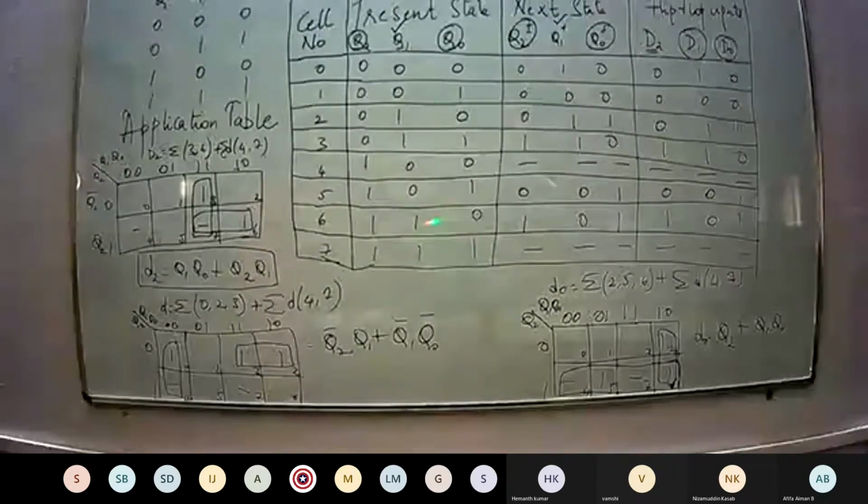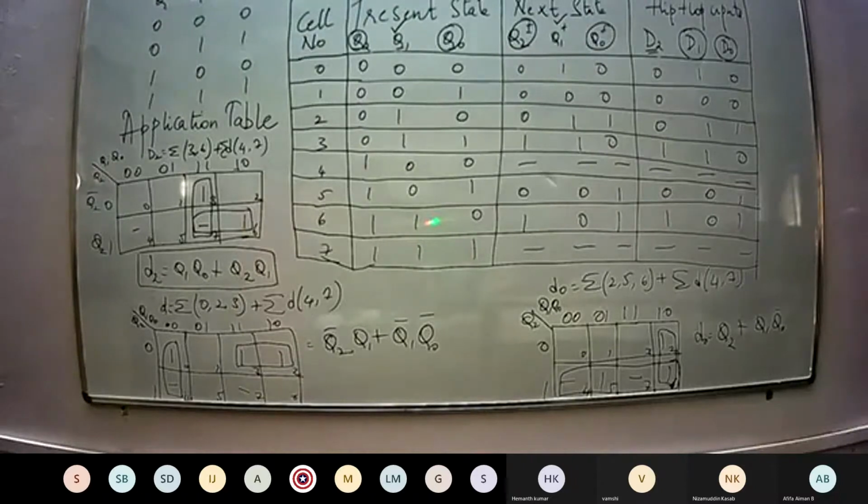Chaitanya Raj Singh. Chaitanya, is it audible? Yes, ma'am. Then why are you not answering? Little bit of disturbance is there, ma'am. Fine.